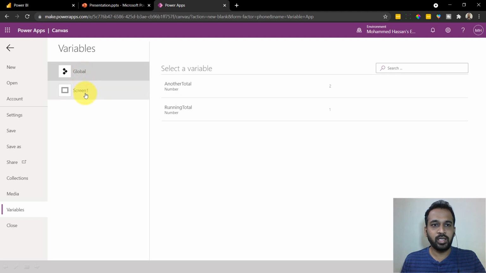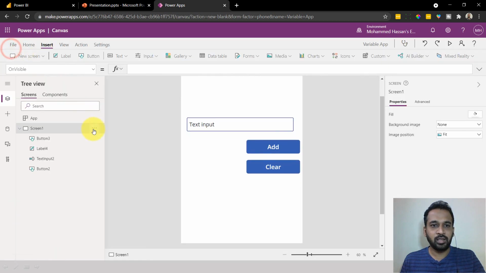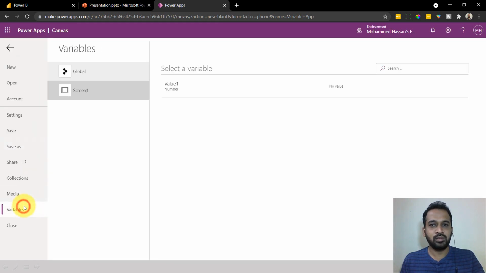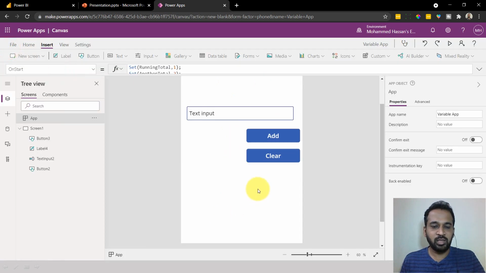One is global, another is screen. So this is value1 and no value is defined. If you go back again and click on the app and click on Run OnStart and go back again to Variables, still it is no value, right? Because this is applicable only for global variables, and as it is a local variable, it is not applicable here.